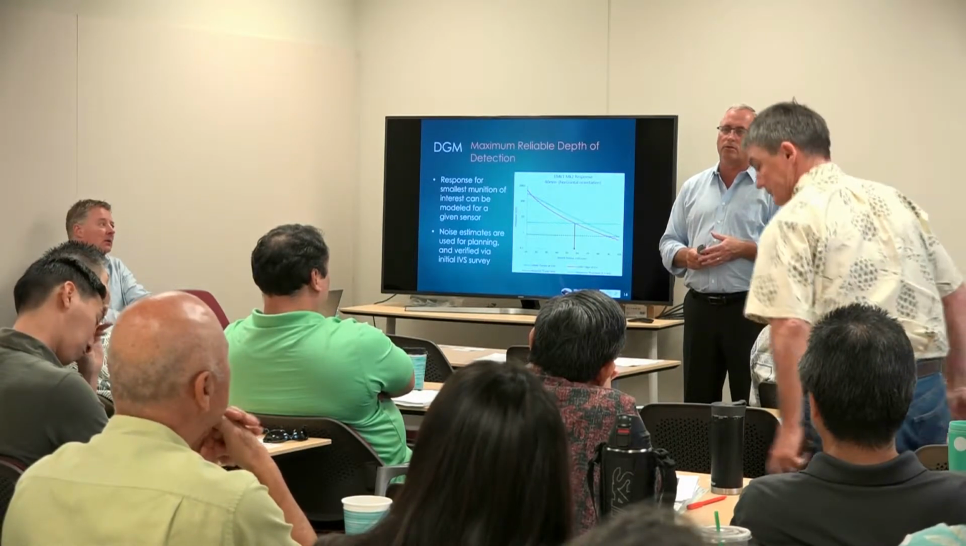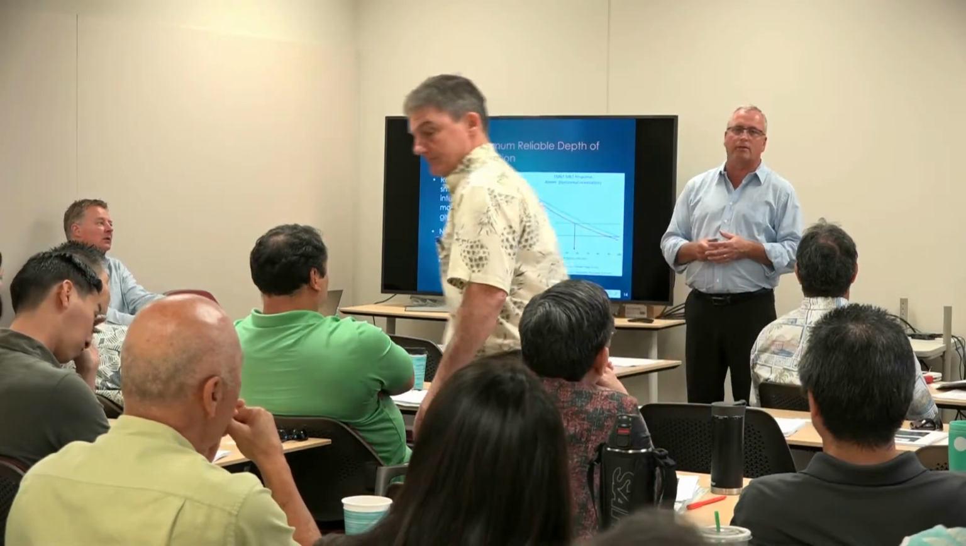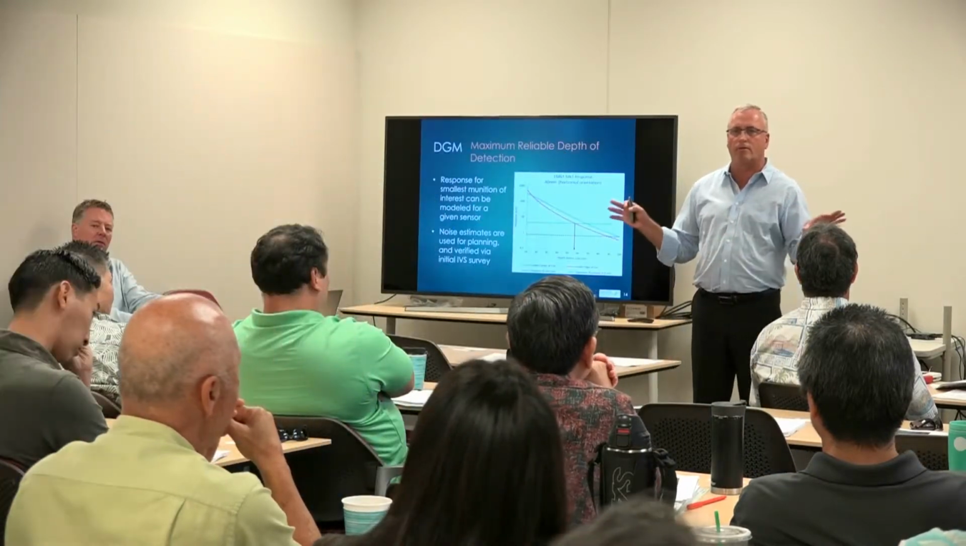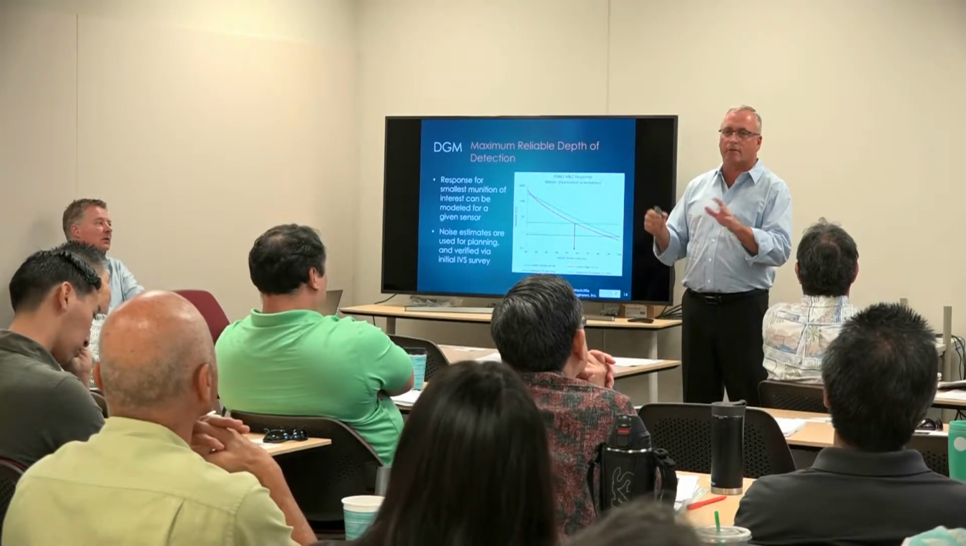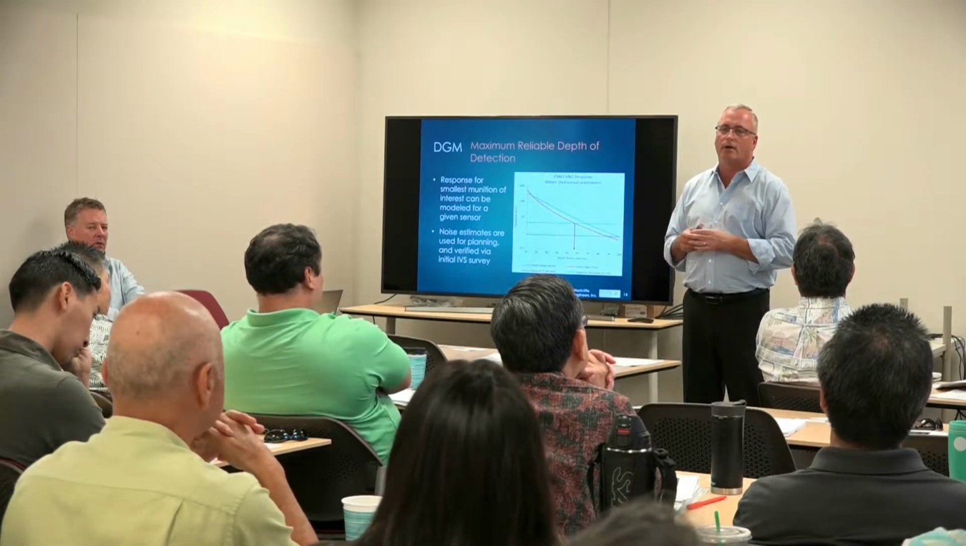Well, so when you're talking DGM, you're talking just detect, not identify, right? You're looking for detection. DGM is detection, and then AGC is classification, is identification. So